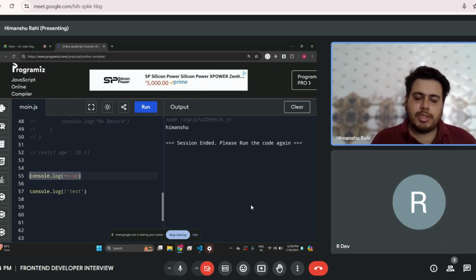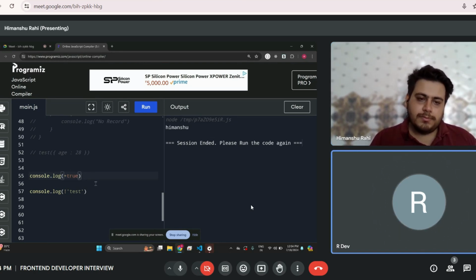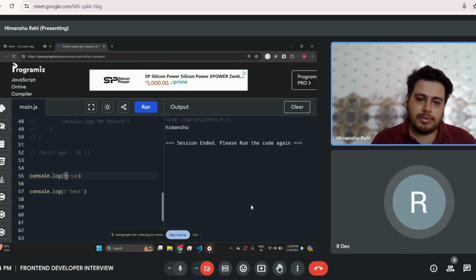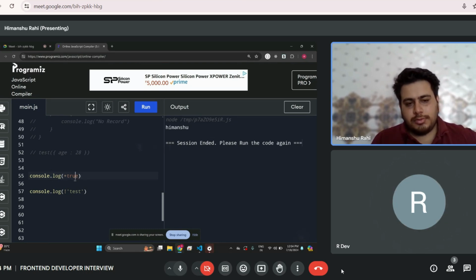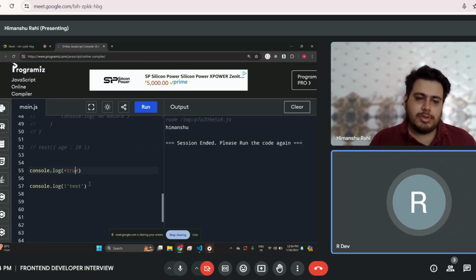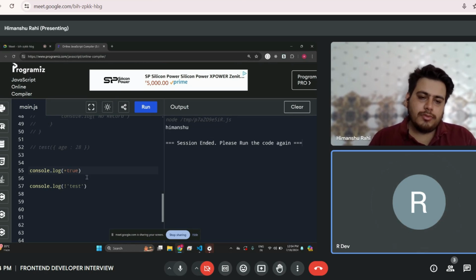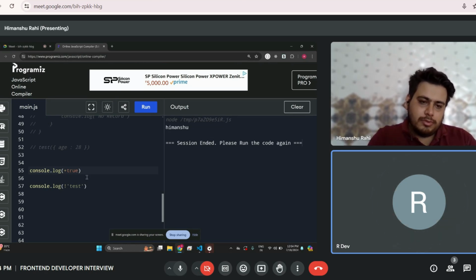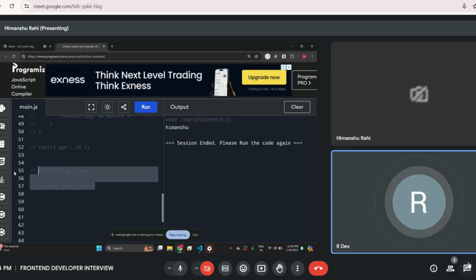Yeah, I'm not sure about that, but it can be one. That's right, basically. The reason is that plus converts it into integer. If you write false plus false, then it will return 0. Okay.